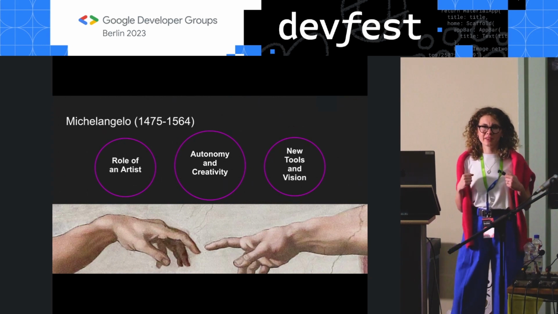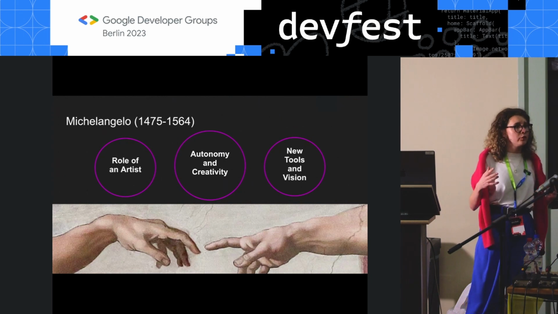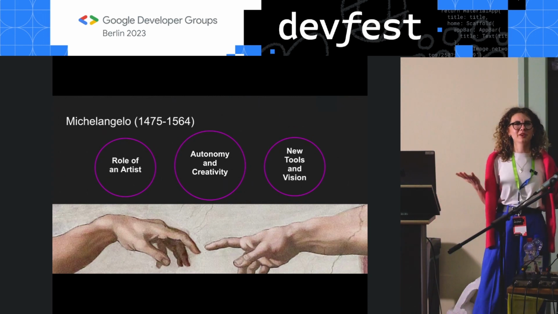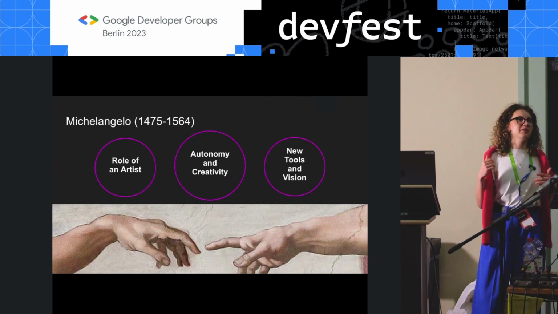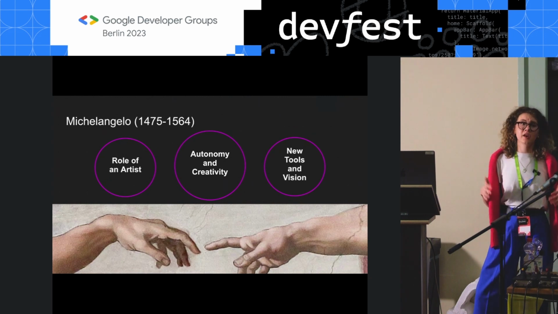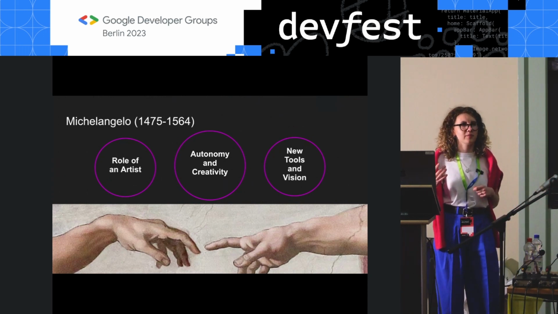And he embodied the Renaissance spirit of individualism and innovation, looking for the new tools and the new inspirations. And why is this important, you may ask? Because I believe that's what the new version of Angular is trying to give us as creators, a new set of tools, a new set of inspirations.